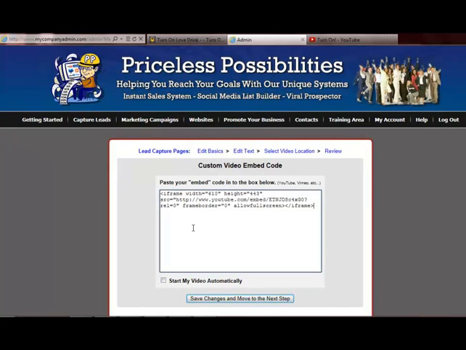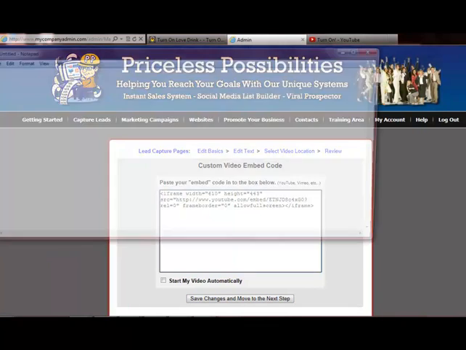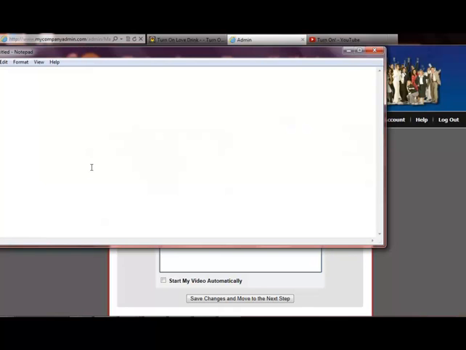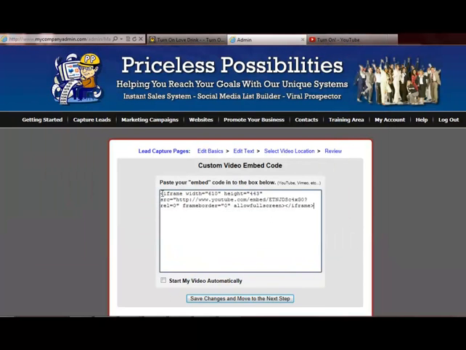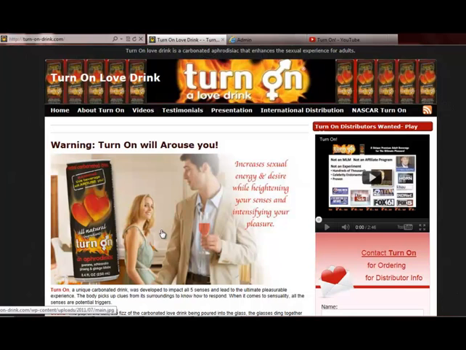Let me show you another thing, and what I'm going to do right now, let me bring up my notepad, and I'm going to save this, Control V on my notepad. Minimize that, because we're not going to do this right now. I'm going to show you how to do something different. Even though this says that it's set up for a video, we're not going to use a video. We're going to go back to this, and instead of doing all the rigmarole that we had to do the first time,